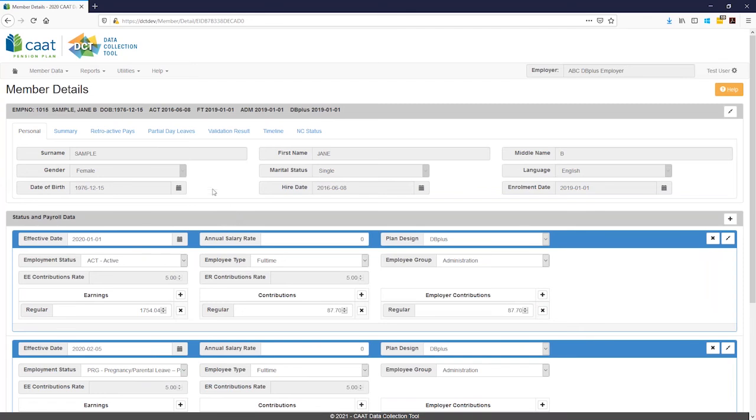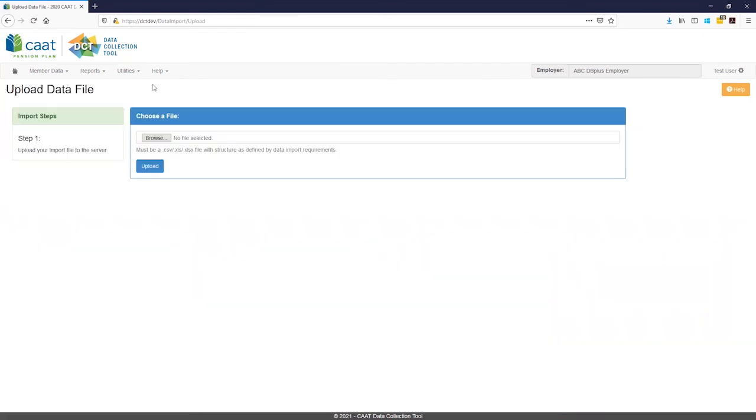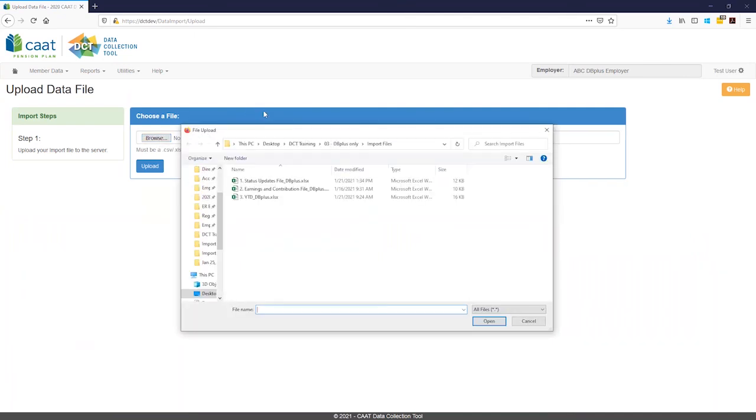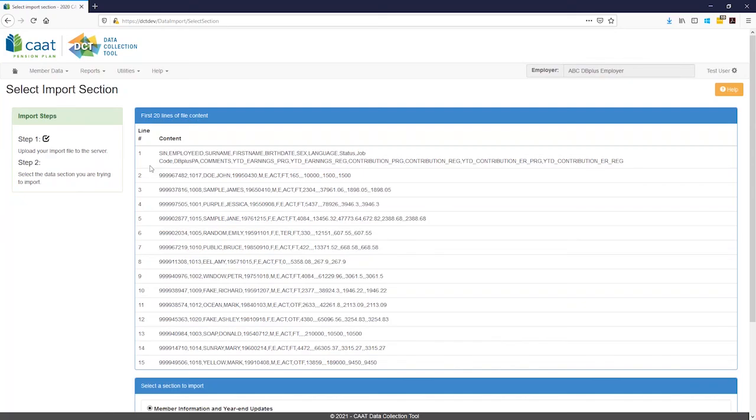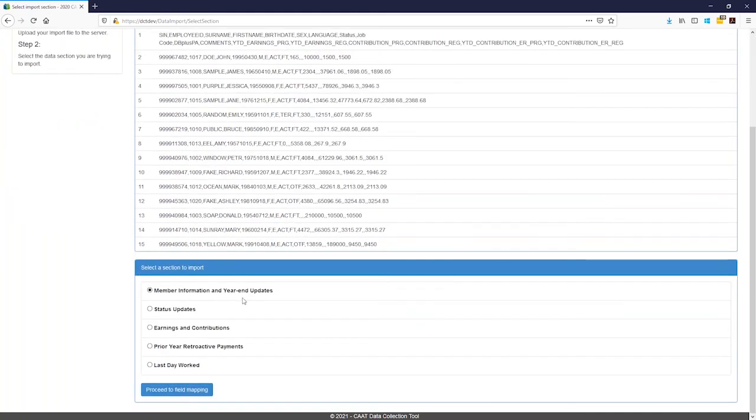We will open DCT, click the Utilities dropdown, and select Import Data. When the Upload Data File window appears, we will browse and select Year-to-Date File, and then click Upload. The default on the next screen is Member Information and Year-End Updates, which is the option we need for our Year-End Updates file.